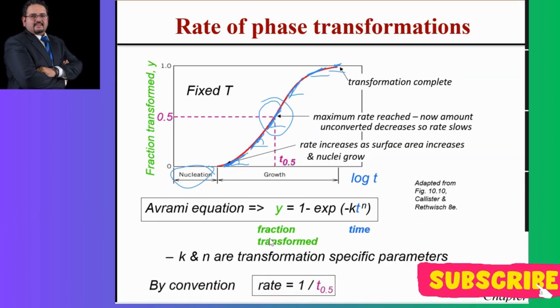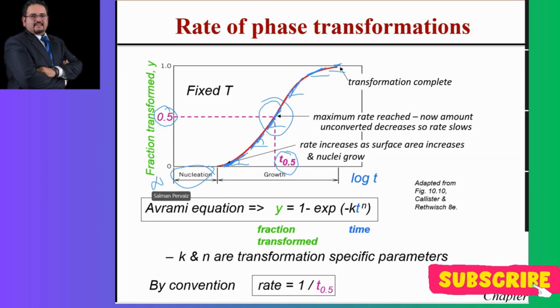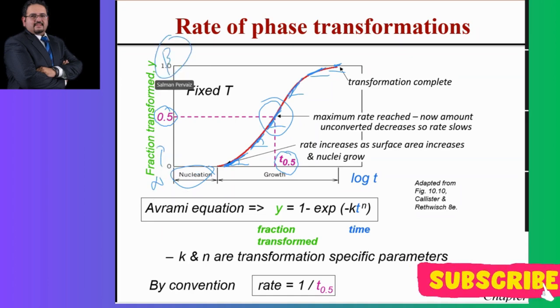So if you see, for example, this time is telling you that around 50% of conversion has been performed. So if this is pure alpha and going to change into beta, when you take this thing in the middle, which means that